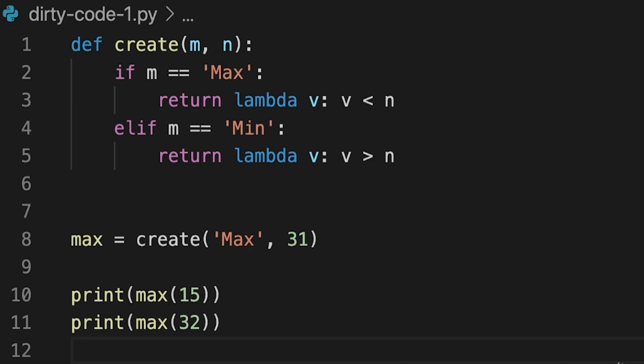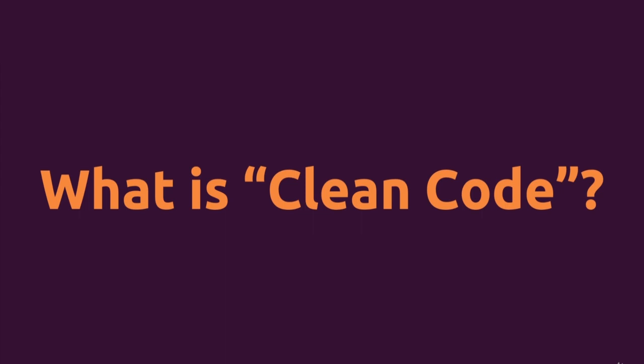This is absolutely not clean code, because it was very confusing, and understanding what this code does will certainly take a couple of moments. And that always is a good sign for bad code, if you have to think about it a lot to understand what it does. Because there's one thing which clean code certainly is not.